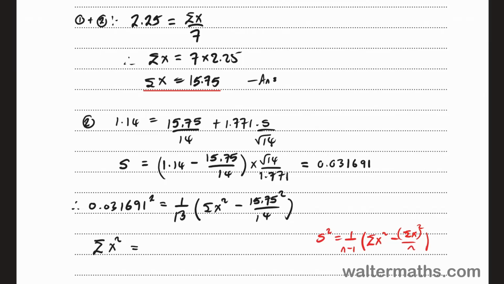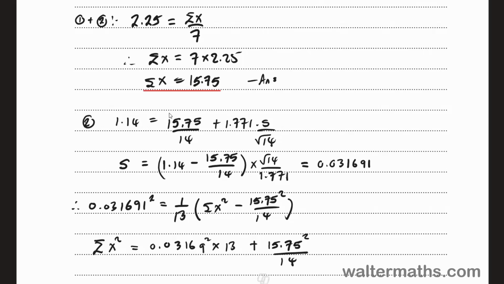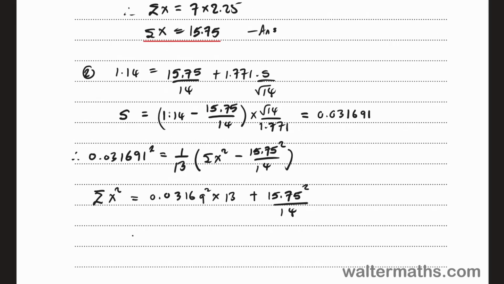That's going to be equal to 0.03169 squared times 13, right? And that's going to be plus 15.75 squared over 14. All right, so this is going to give us, now we do the calculation,